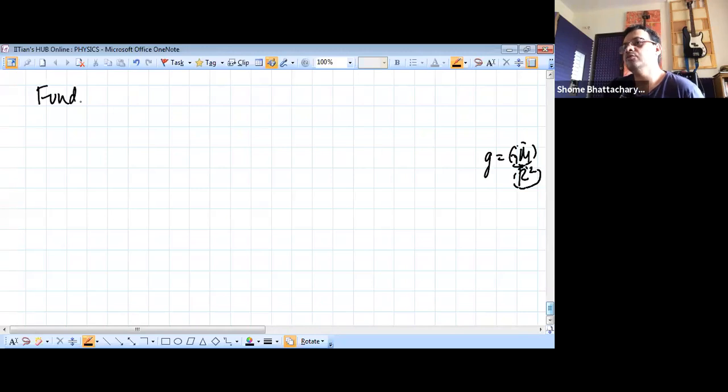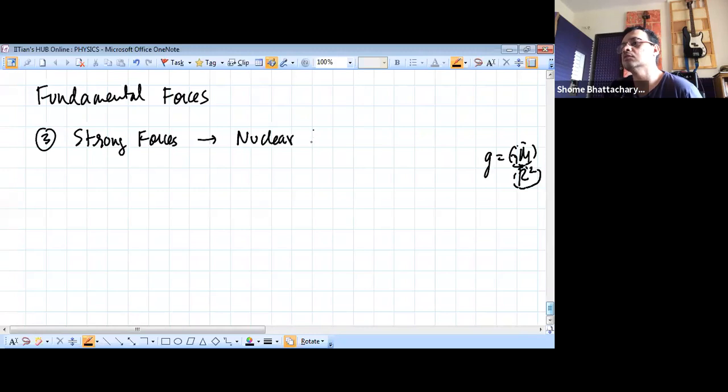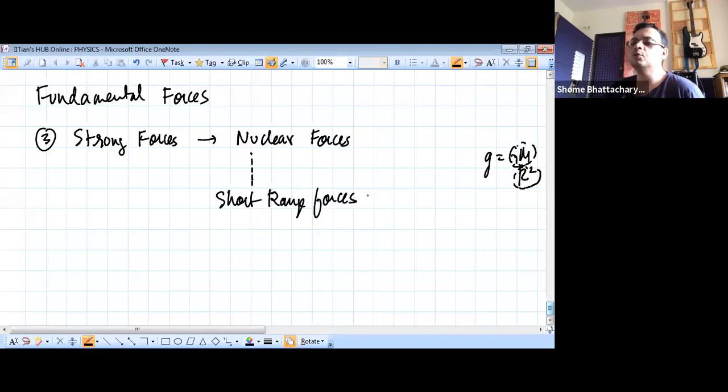So coming back to fundamental forces. The third type is called the strong forces, or they are called nuclear forces. These have a very interesting property. These nuclear forces are what is called short range forces. Not very much is known about them, like electrostatics, magnetism and gravitation. So we don't have any exact formula for them, but we know one thing,